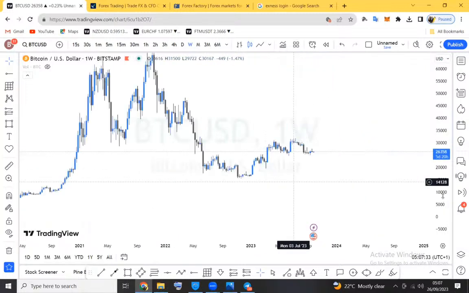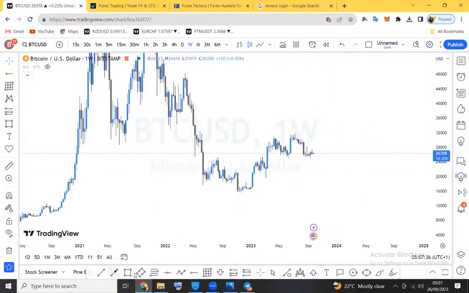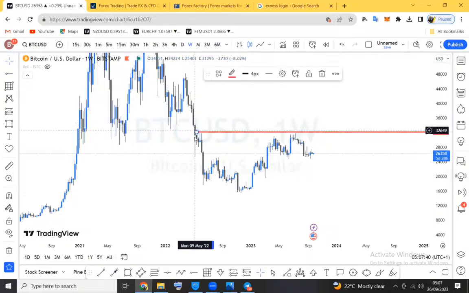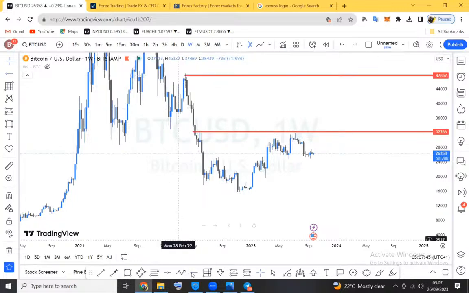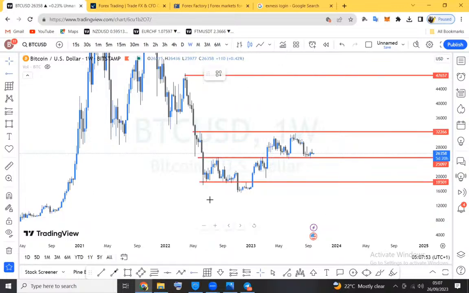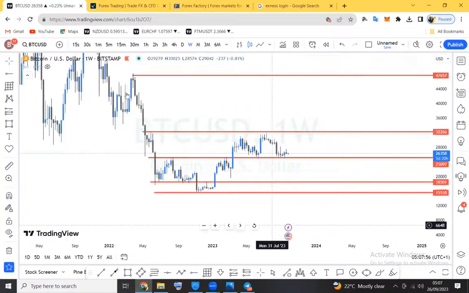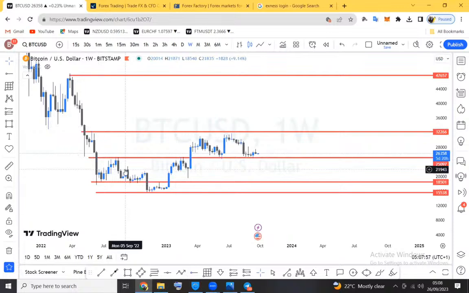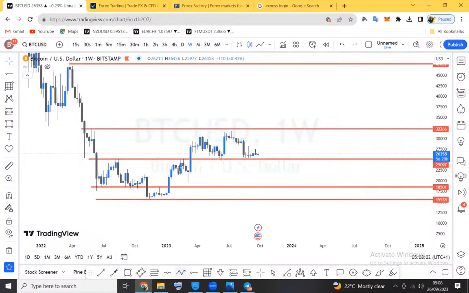For the price of Bitcoin, we're going to look at basic price levels, because Bitcoin reacts a lot on local levels. So I'm just going to mark some local levels for Bitcoin, and I'll explain something very fast for you to understand. You can see that these are the basic local levels that Bitcoin has, and Bitcoin has been reacting on those levels. What it means here is Bitcoin is between these two important price levels now.